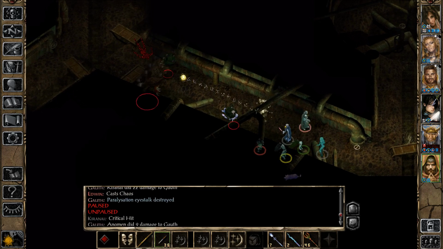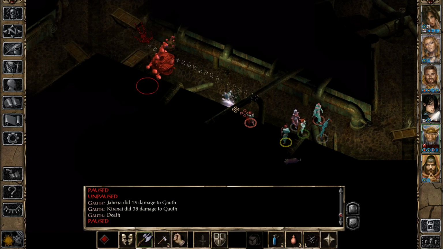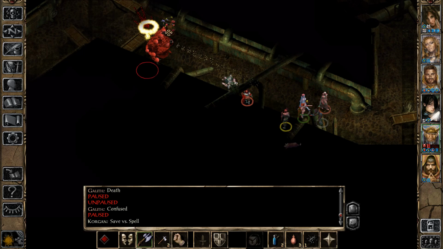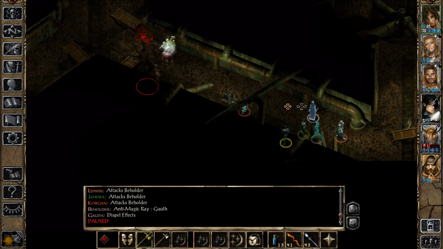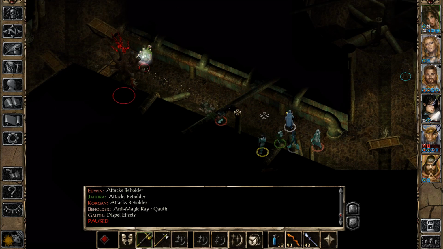Alright, so they are coming in, and now unfortunately we are kind of exposed, so let's have Korgan here. Alright, this one Gouth already died, this one is confused, and the Beholder saved against our chaos, unfortunately, but since this Gouth is confused, I am going to go all out, I think, on this one, with all of my party members, even Senashira. Okay, so the Beholder used his anti-magic ray on the Gouth to dispel that confusion. So anti-magic ray is not going to hit us this round,